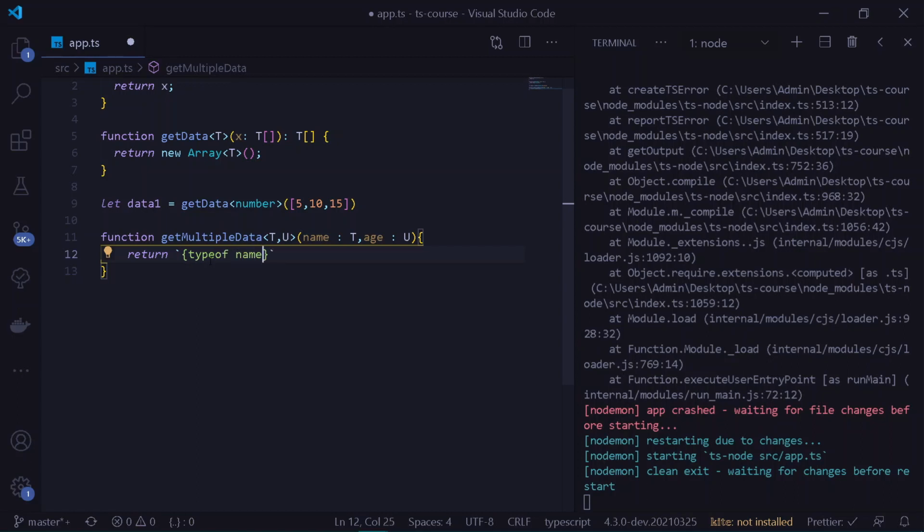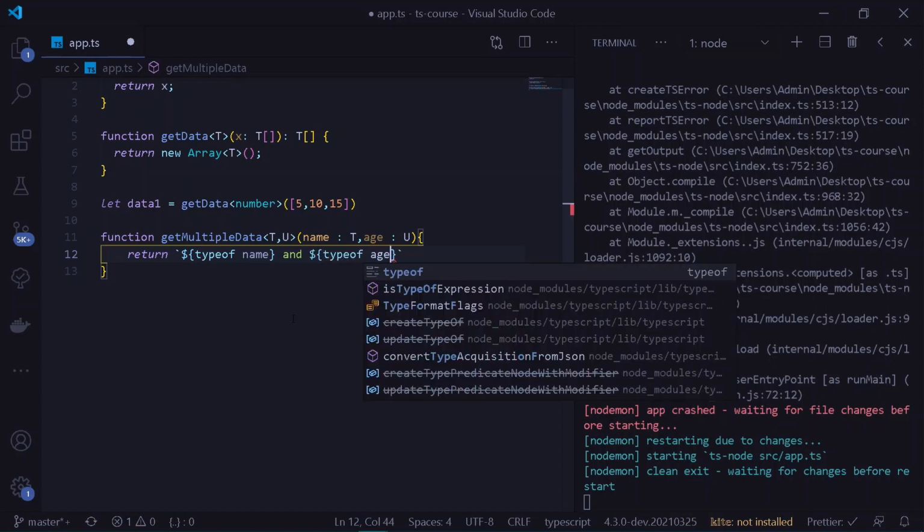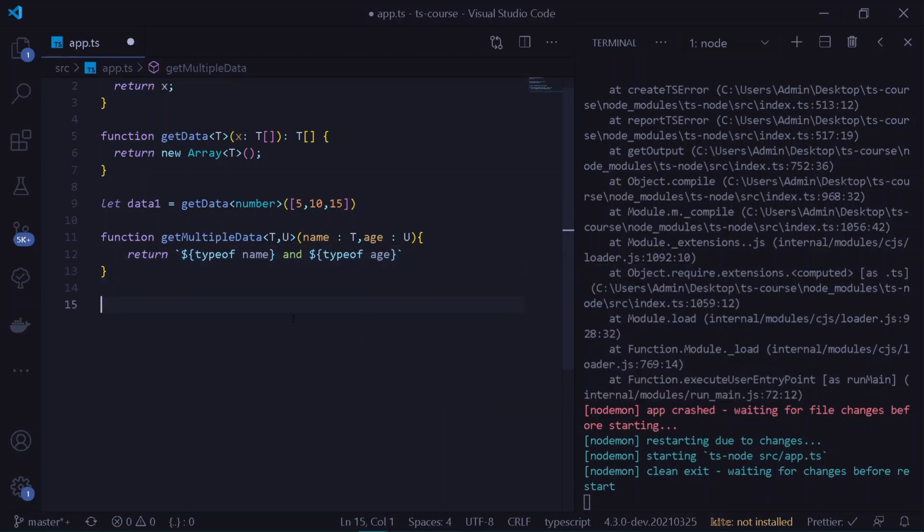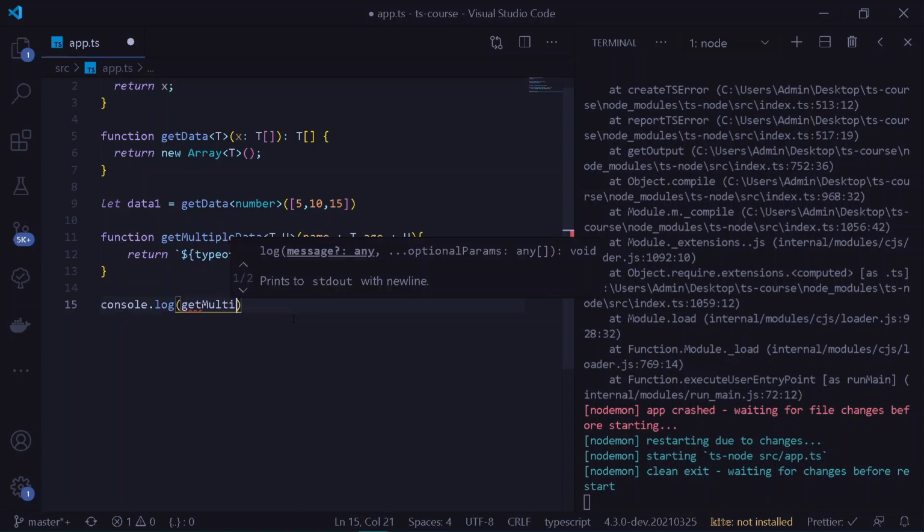Now don't worry, the following type name is nothing but simply a utility that TypeScript provides to us. And after having this, I can simply say return name and the following type of age. So if I simply say dollar quotation type of age, let's try printing it out. Let's have a new declaration of console.log, and here if I simply say get multiple data, now under